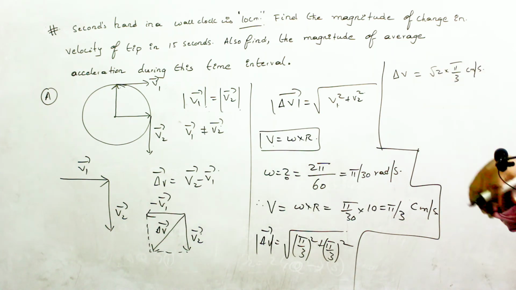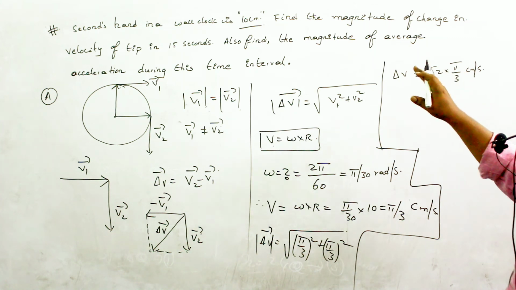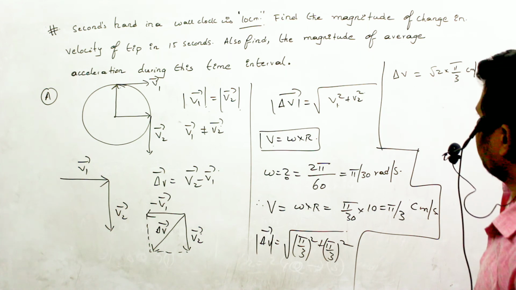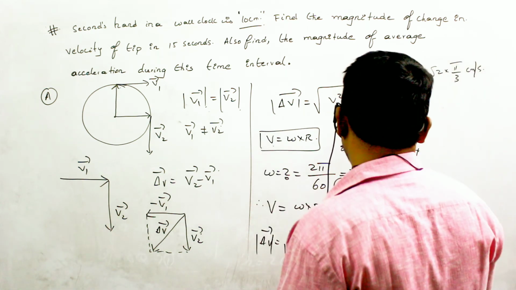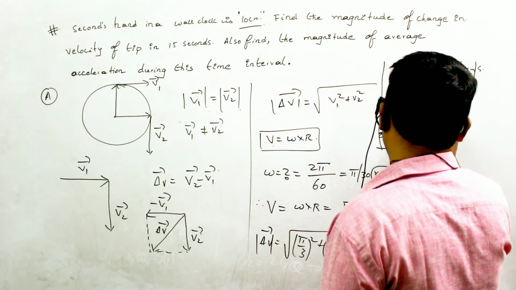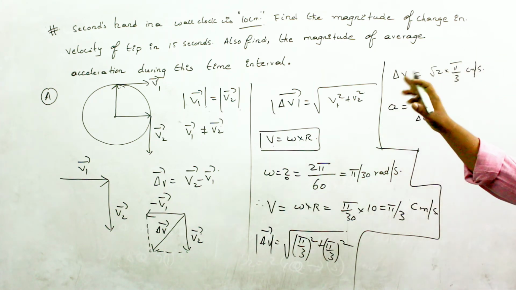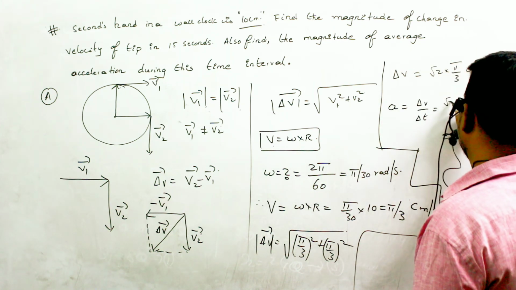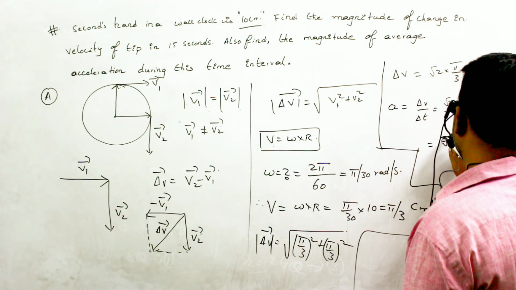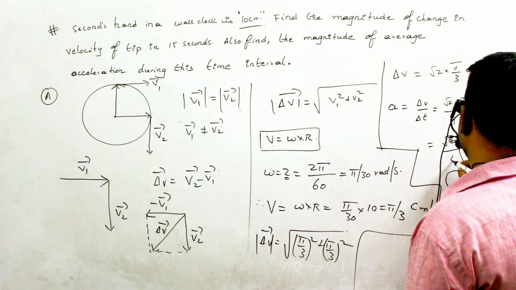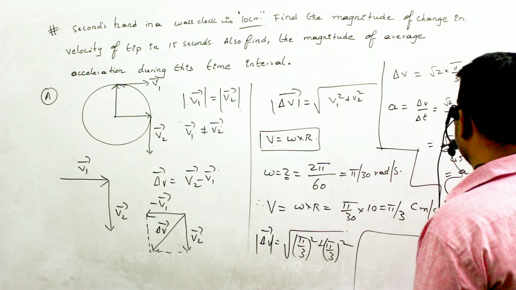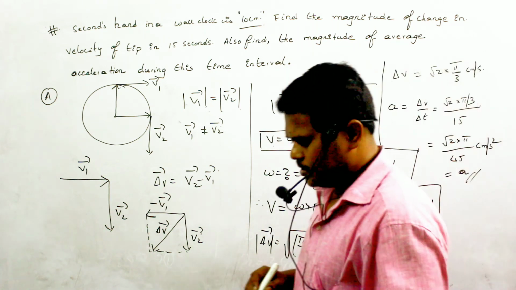Now there is a second part in the same question: to find the magnitude of average acceleration in the same time interval. Acceleration, we know, is nothing but change in velocity by time. So acceleration can be written as delta v divided by delta t. This change in velocity is in a time interval of 15 seconds. So I can write root 2 into pi by 3 divided by 15 seconds, which is equal to root 2 into pi by 45 centimeters per second square. This is the average tangential acceleration of this